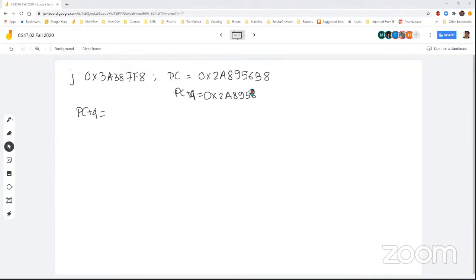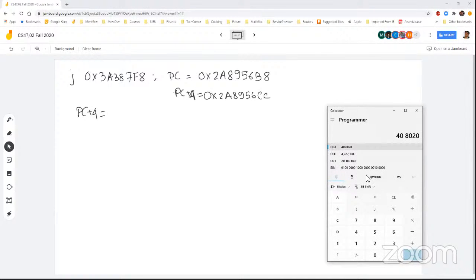956B8, 8 plus 4 is 12, which is C. Maybe CC, let's just cross check that one. So this one would be 2A8956B8 plus 4. Oh, BC. My bad. Okay, BC. This is BC. Now, you see, from here,